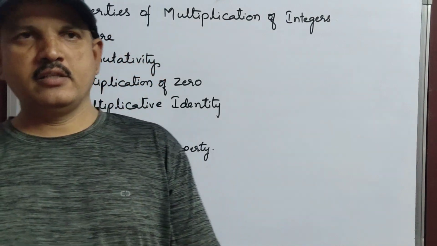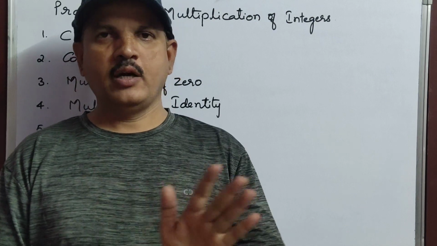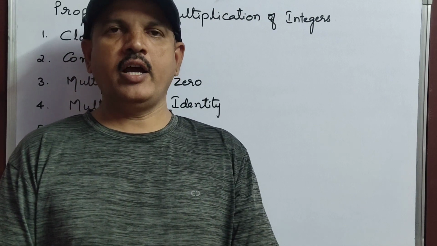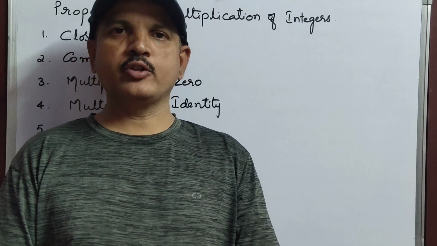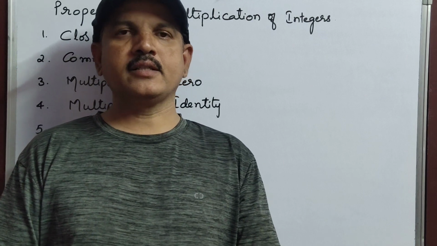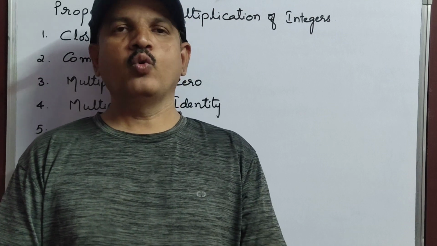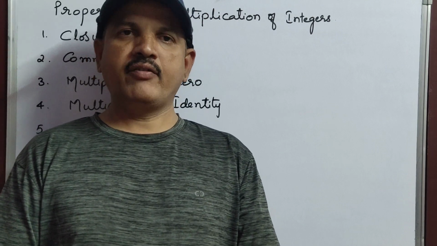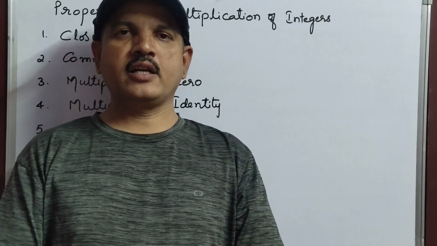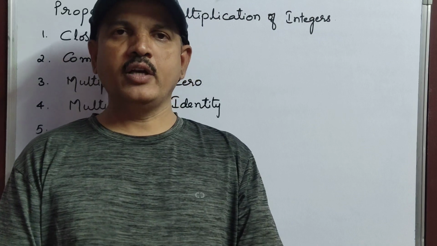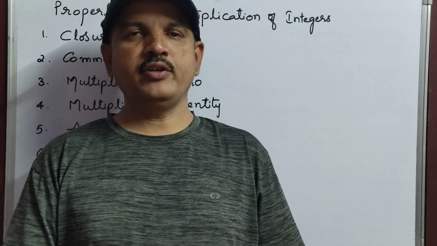In yesterday's class, we finished exercises 1.1 and 1.2 up to the mark. Now we are left with two more exercises, but in those also we have completed most of the topics. Only the topics related to the properties of multiplication of integers are left for us. Those topics we will cover in the next class. But before that, we have to know what the properties of multiplication of integers are.